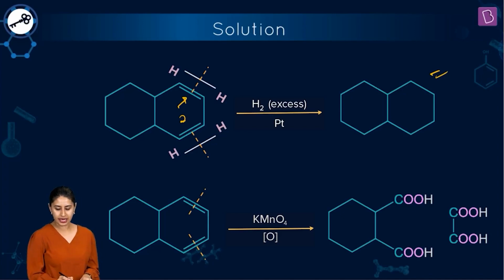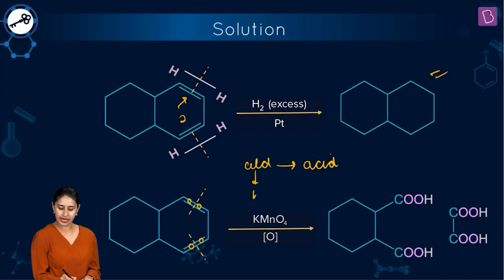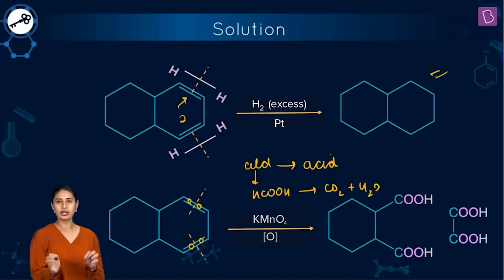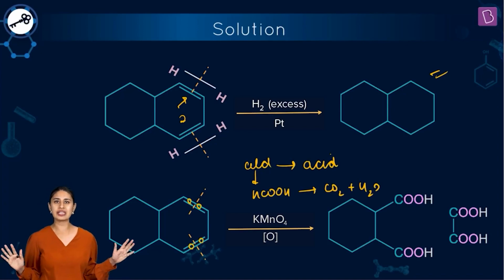Here you can understand that what you can do is put simple oxygens, and wherever you're getting aldehydes, convert them into acid. But make sure that if that particular aldehyde is formaldehyde, then the products are carbon dioxide and water. If you take care of this much, these questions are easy peasy.